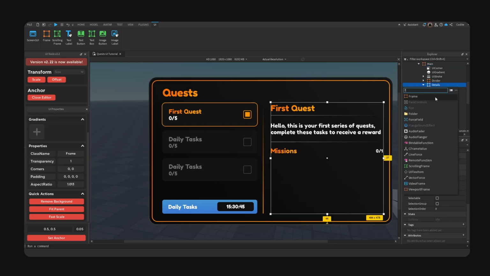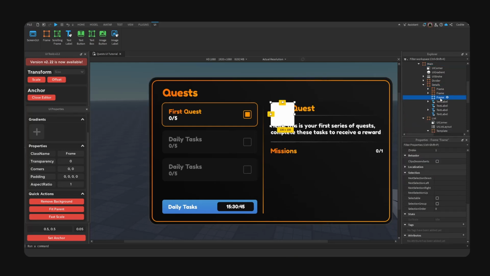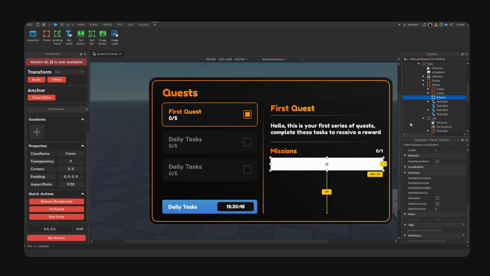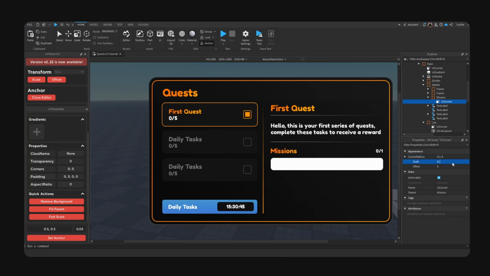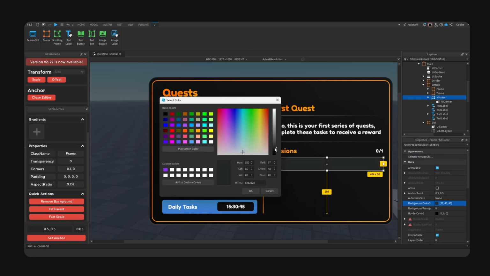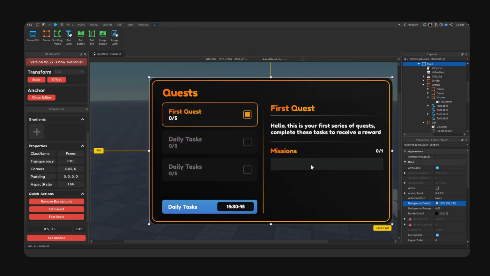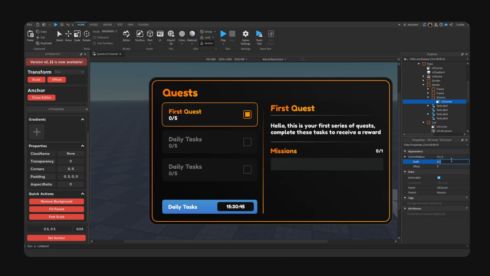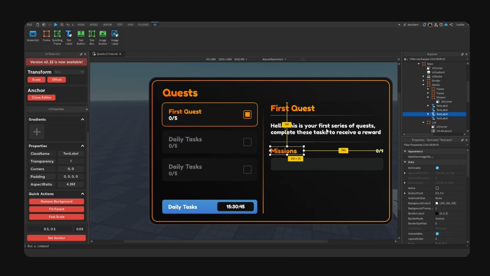Okay, inside of details, we're gonna add another frame. This will be our mission. Align this properly. Add a corner. Go for like 0.1. Change the background color. Make this brighter. I'm going to increase the radius actually. Okay, so right, and